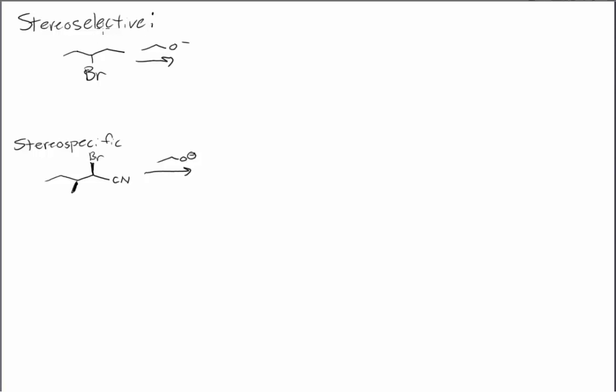Let's spend a few minutes discussing the differences between stereoselectivity and stereospecificity. And as we read in the book, we know that stereoselectivity will produce two stereoisomers in different amounts, in unequal amounts. And of course, we're dealing with eliminations, and so we're talking about alkenes as our stereoisomers. So basically E versus Z. And we can look at that here